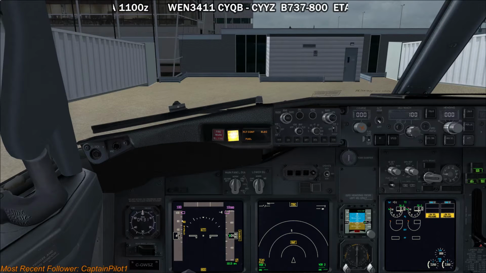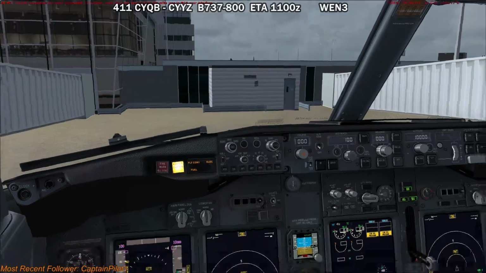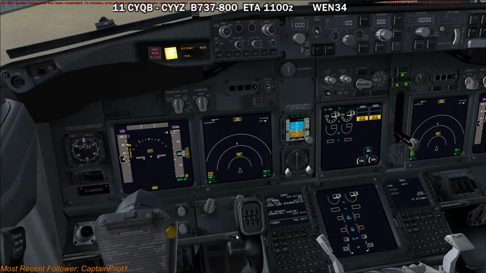Attempt number 2 at this flight from Quebec City to Toronto on the 737-800, WestJet 3411, which is meant to be on the Dash 8, but I'll do it on the 737-800. So we are all set, ready to go, and we'll get cracking. The first thing I'll do is check the amount of fuel required on the flight